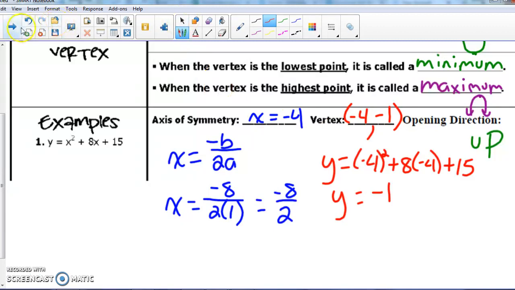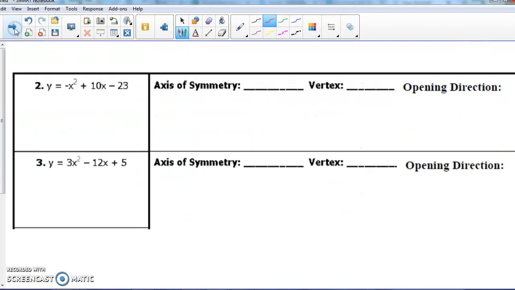Okay, so flip on the back for a second. Two more examples of the same thing. I'm going to go through number 2 with you, then I'm going to ask you to pause it and try number 3. Okay, similar idea in that you have an equation in standard form, y equals negative x squared